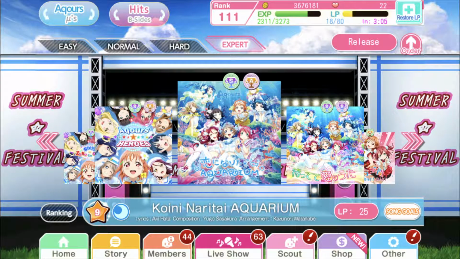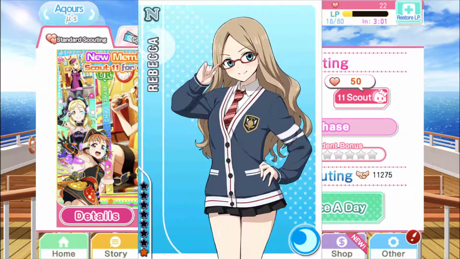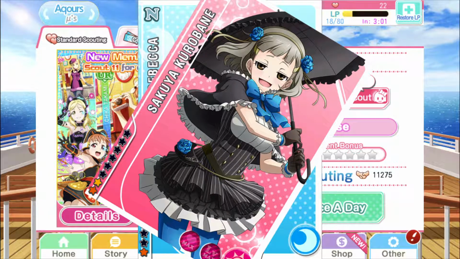'Tis the rule of mobile games. You only get to play them for a short amount of time, but that short, sweet experience makes it all the more memorable, and the stakes all the more higher. Moving past the live show button, you've got your scouting button. Here's where you get new people. You can spend either love gems or friendship points in order to get new members to your idol club. You can go anywhere from common members to above common members, like the idolized common members. Again, separate video for idolization. I'm getting ahead of myself.